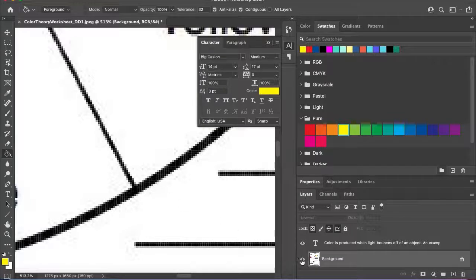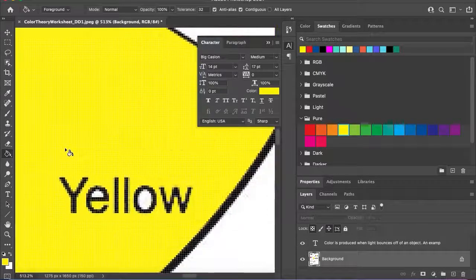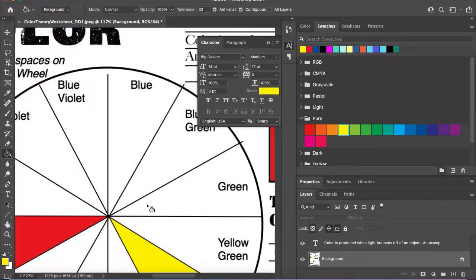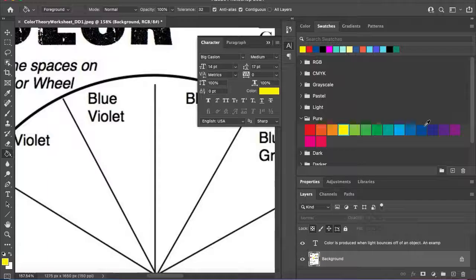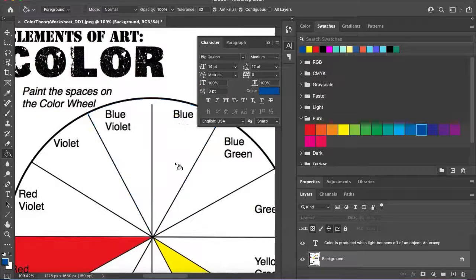And now we have all of that line merged together. So now when I click on yellow, it won't bleed over into the yellow-orange section, okay? So if we run into that again, which I will tell you, we will fix it, okay? So we're gonna go to blue, and as you can see, we have the same thing